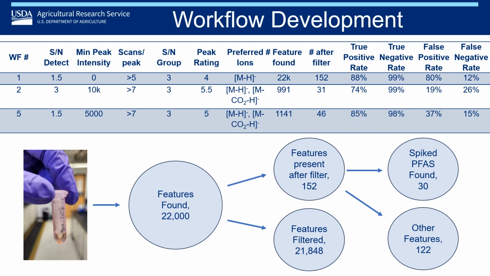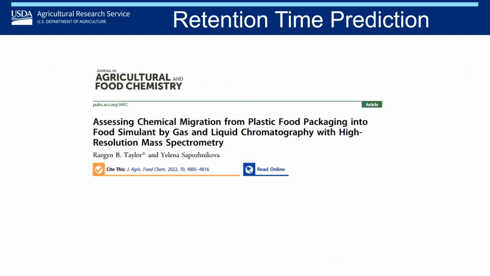The first source that we ended up using is something called retention time prediction. This has been previously shown by our lab to reduce false positive rates by up to 75%. And how it works is by plotting the retention time of the 34 targeted PFAS that we know are in there